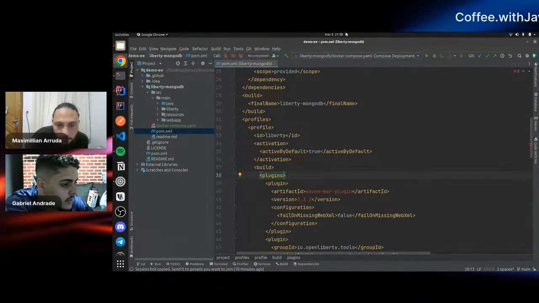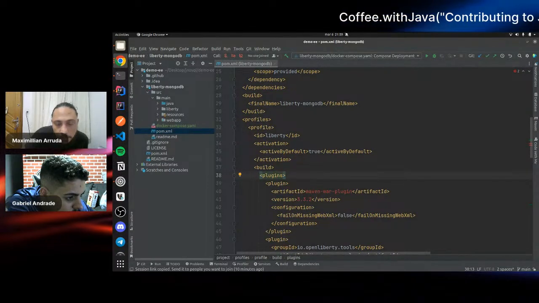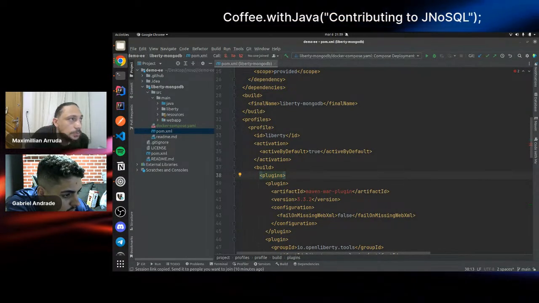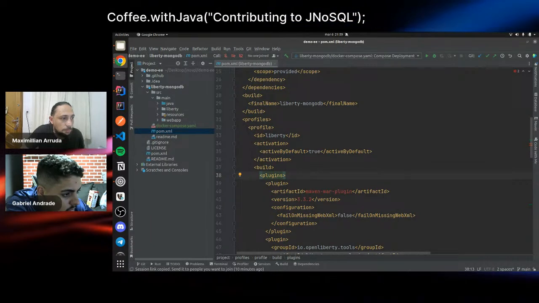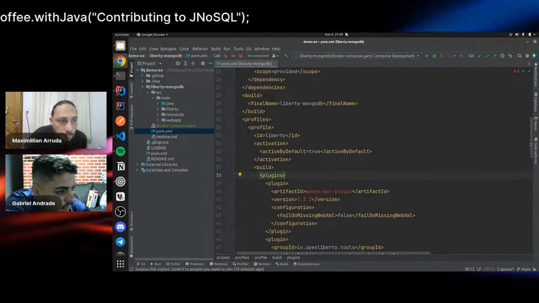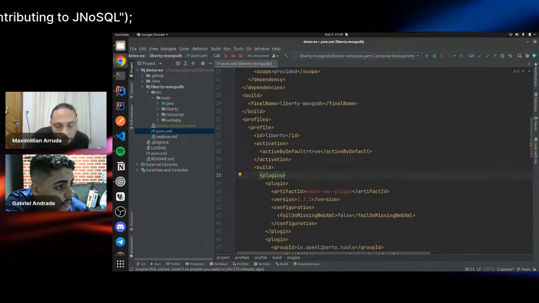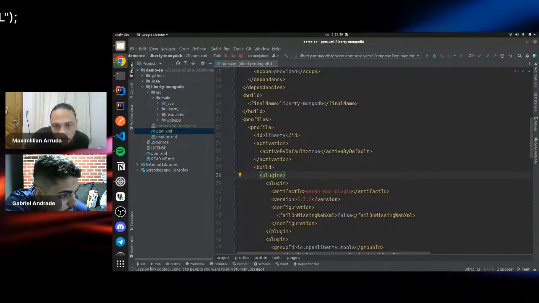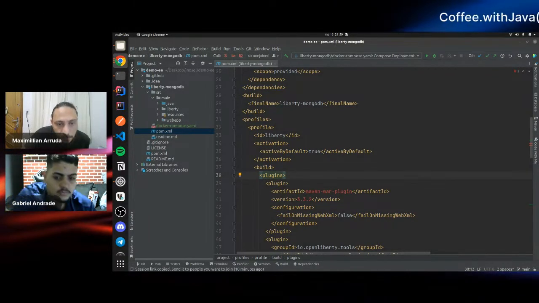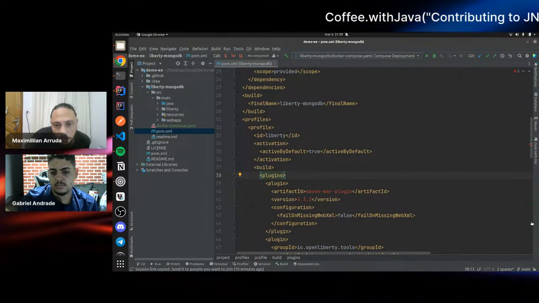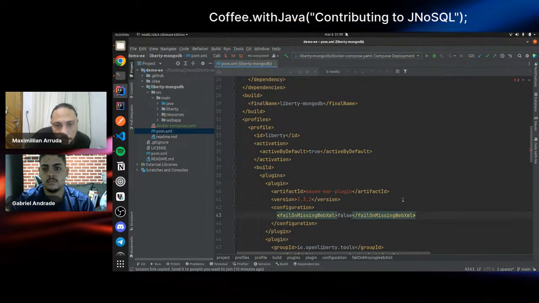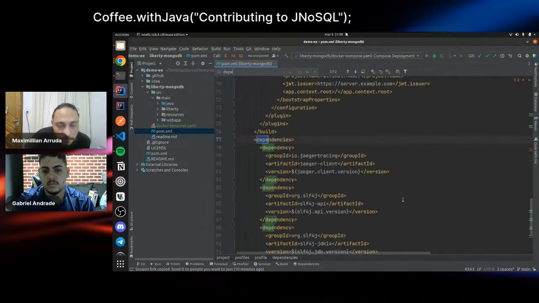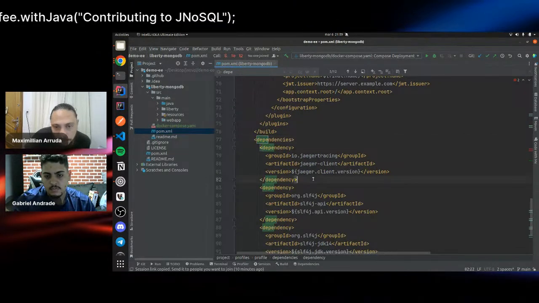And we need to use extensions to help us enable everything. Yeah, this is the one. No, you need to go to the dependencies, please.